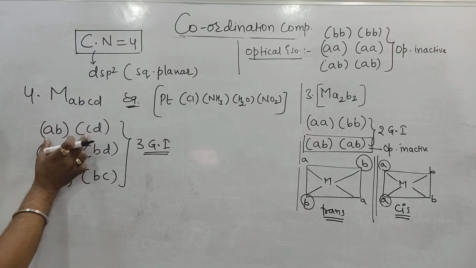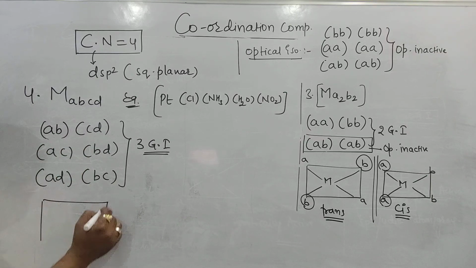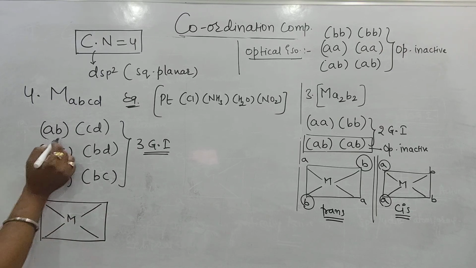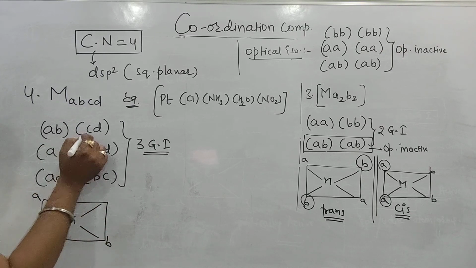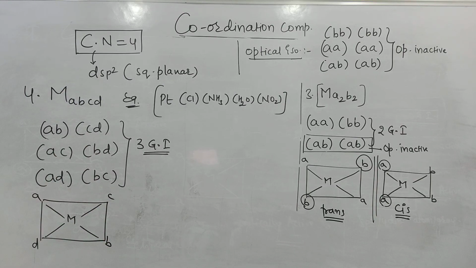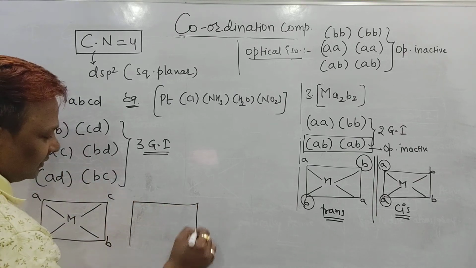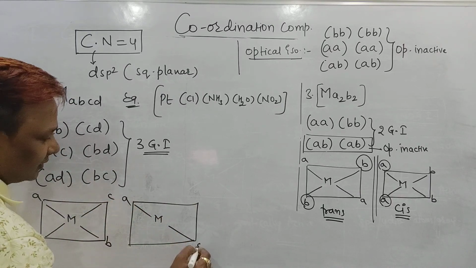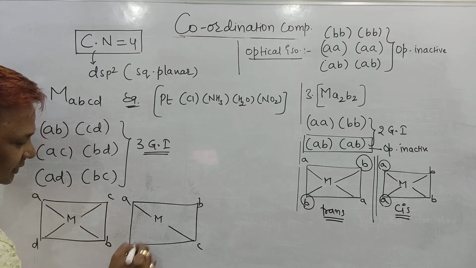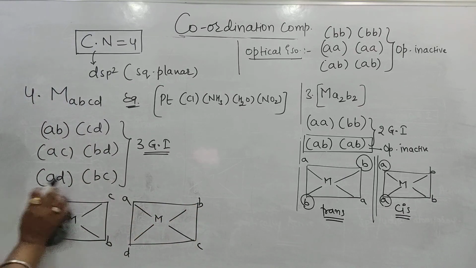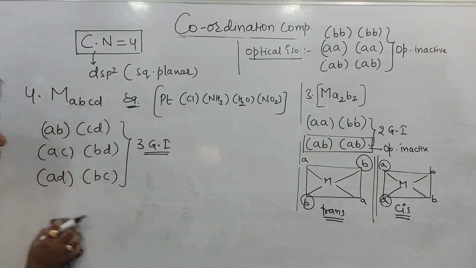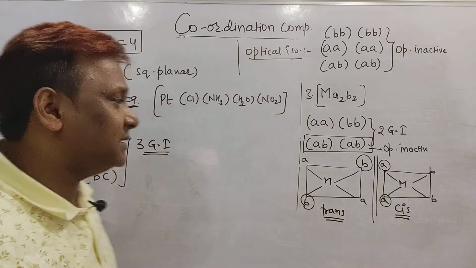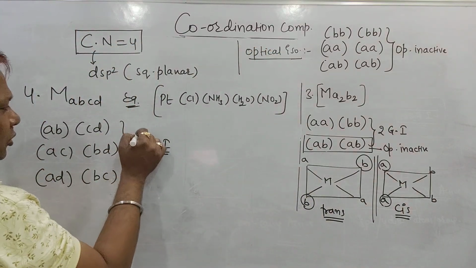But I will draw the diagram of this AB and CD. Just a minute. See here. Central atom M bonded with 4 ligands. AB on the opposite side, CD on the opposite side. Second, beta, here central metal atom M. What will we do? AC here, BD here, right? Because we don't have any common ligand here, we are unable to find out which one is the cis and which one is the trans. But we can say these complexes can show how many, beta?